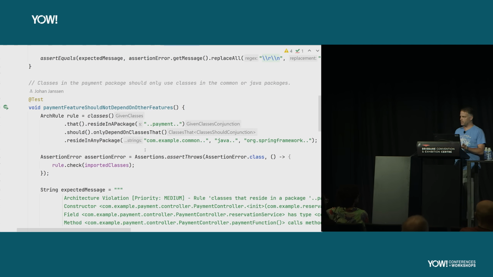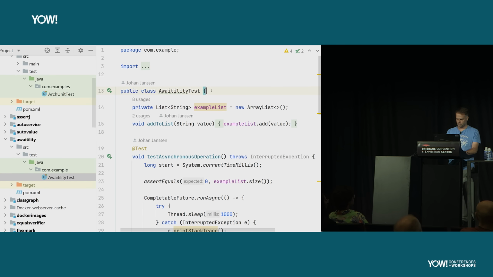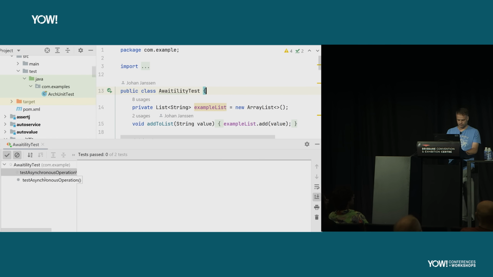To solve this, we can use Awaitability. So we say await at most 2 seconds until some condition. So until the size is 1. If we now run these two,